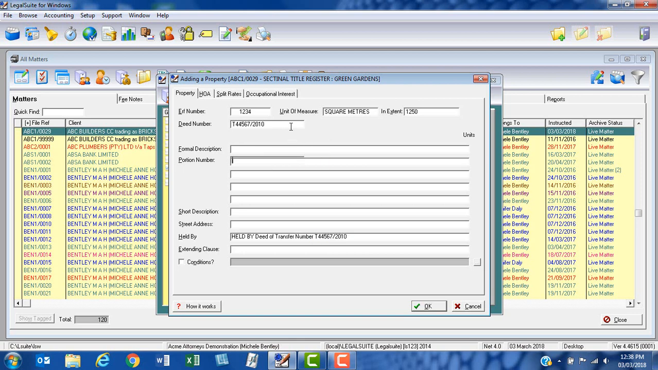Right, so let's just get back there. At portion number, if this was a rem or a portion of an erf, we would pop it in here. Alternatively, we start our formal description. So, erf 1234. Let's just fix that. Cape Town. And you'll see as I complete the first line of my formal property description, my short description is automatically popped in for me. Let's say in the city of Cape Town, Cape Division,